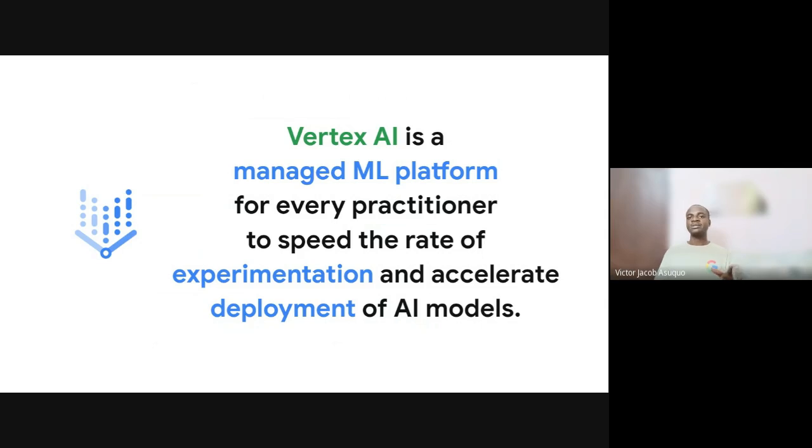It provides platforms and a set of tools you can use to design your machine learning system, starting from how you want to ingest your data, how you want to store your data, how you want to make your predictions. So Vertex AI is a go-to for deploying your machine learning applications.